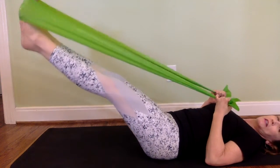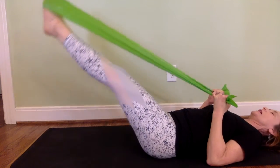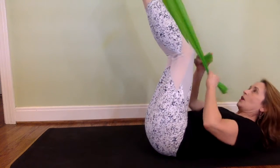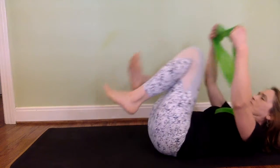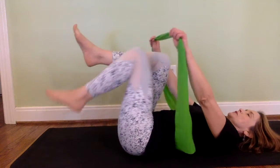Inhale, exhale on the effort, bring it back. Inhale, exhale. Good. Okay, now you could keep your head down on all of these exercises. What I want to reinforce here is options, okay? So if my head is down here and I try to do some of these exercises, it's a different experience